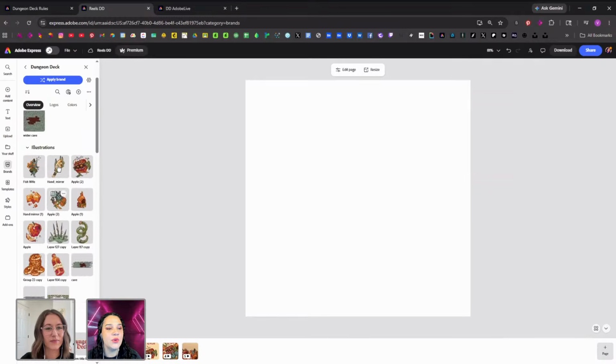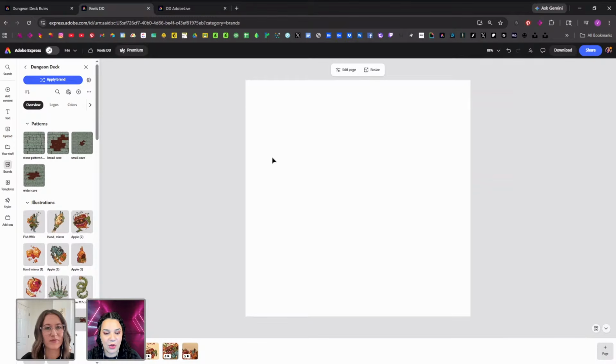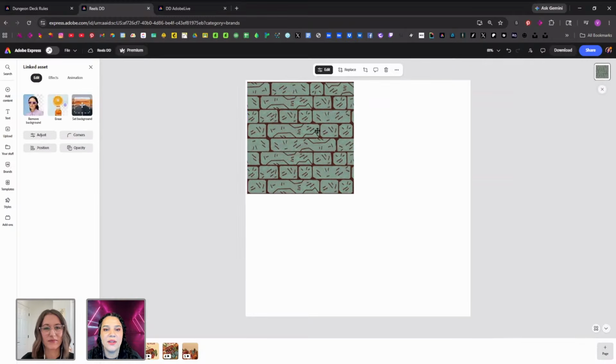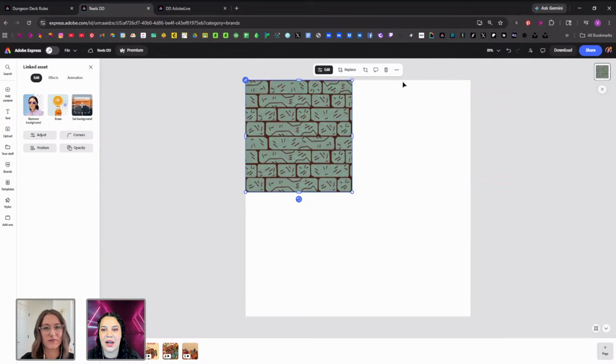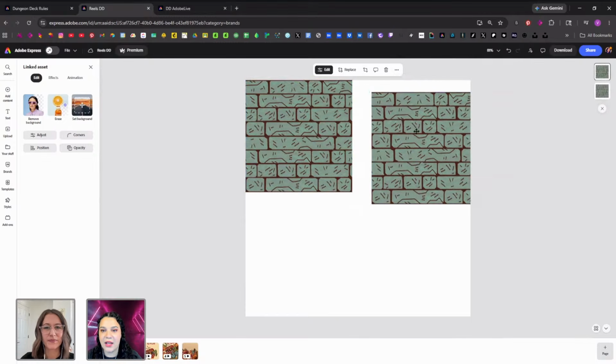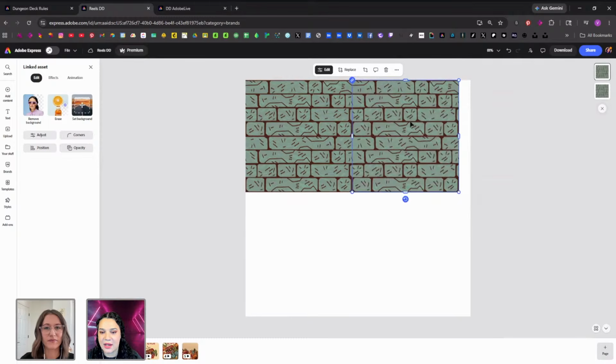So the first thing I want to do is create a post, and I do this every time I'm creating something for social media. I try to create one single post or two posts that are going to be the benchmark for the vibe for the entirety of the brand. In Express, this entire project with all of its pages is going to be where the entire branding identity for this project lives.